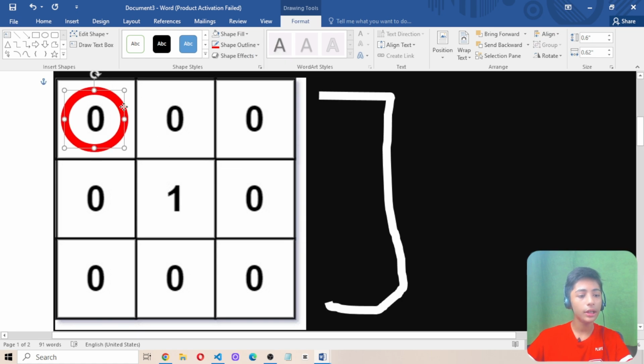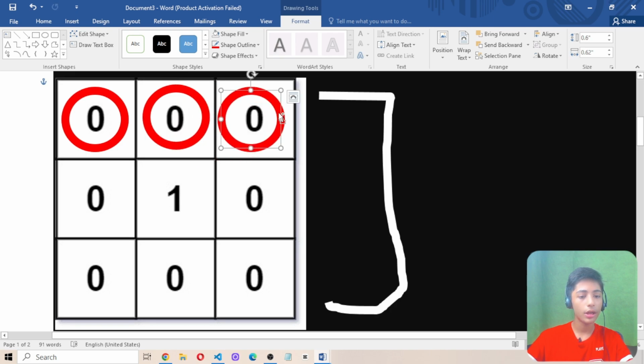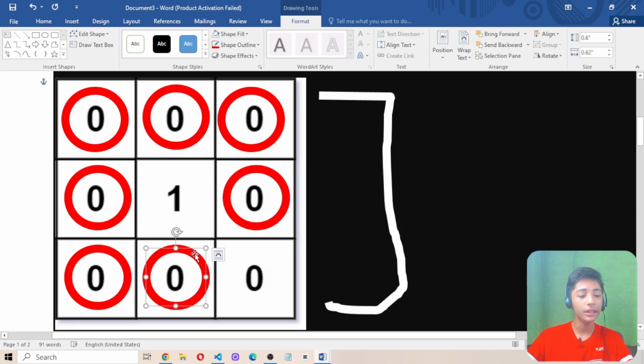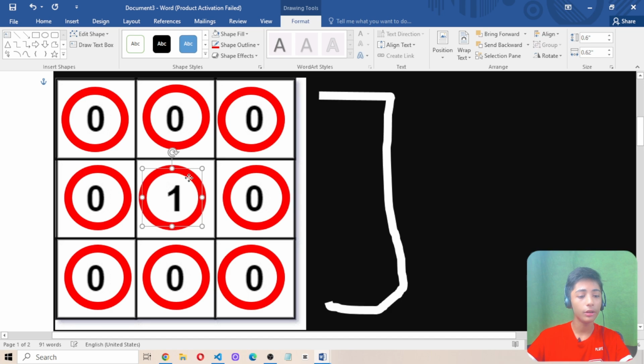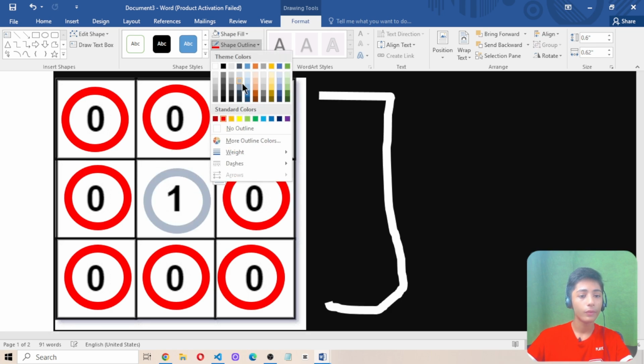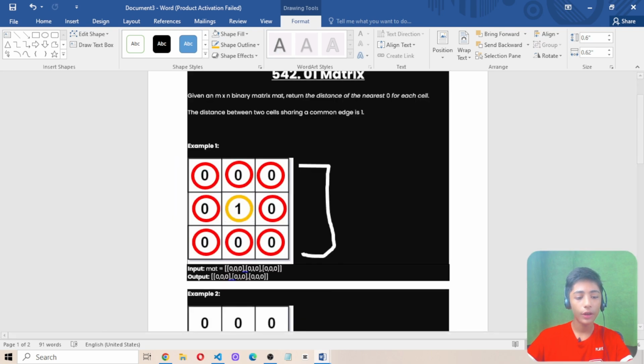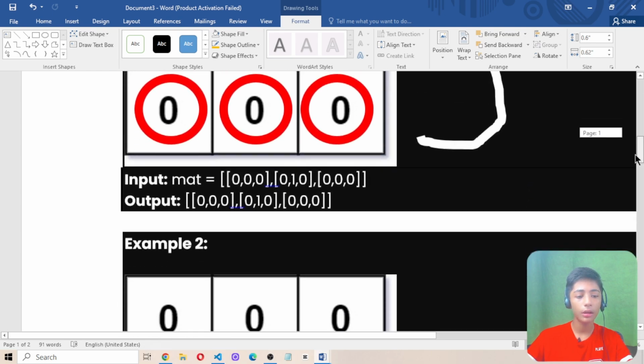In the first line he wrote 0, 0 and 0, and in the second line he also wrote 0 and 0, but in the middle of the second line he wrote 1. Why has 1 been written here? Let me show you. He wrote 1 because, if you see the input, he gave one